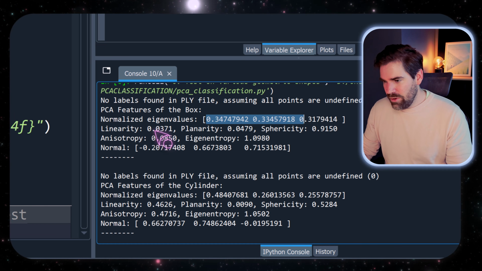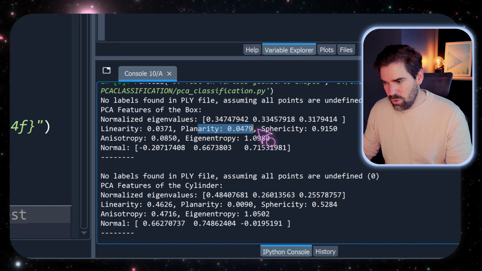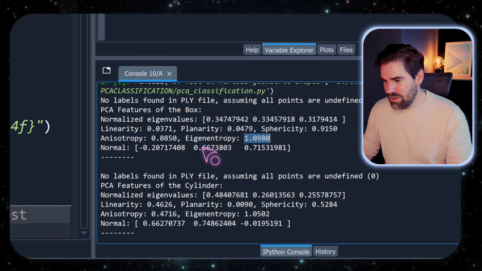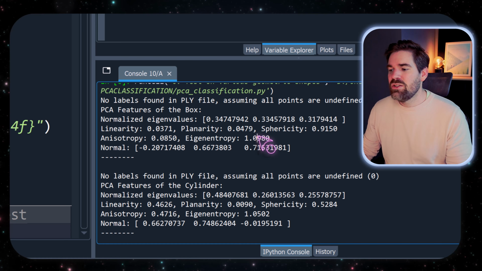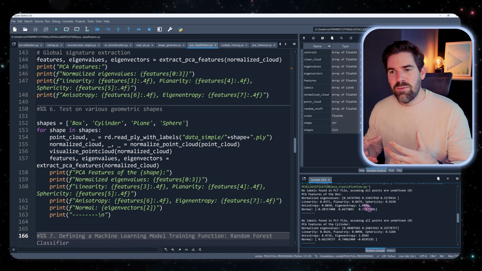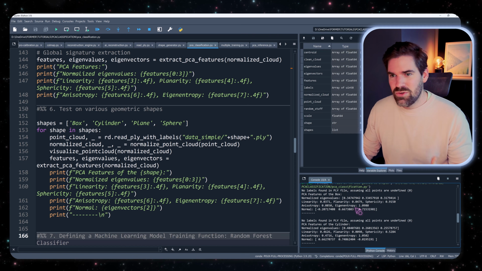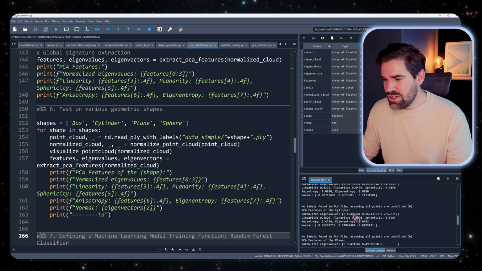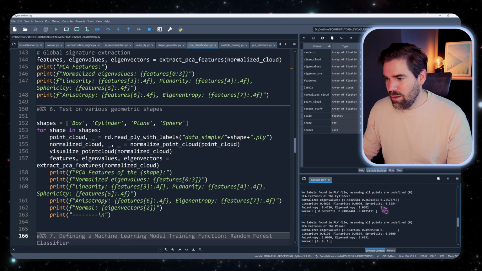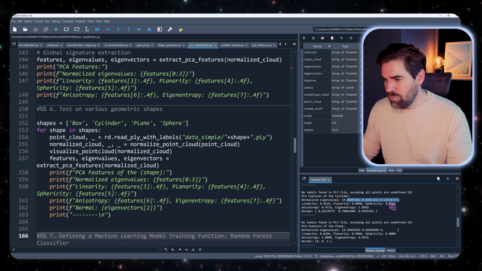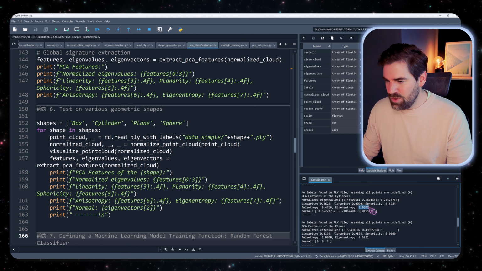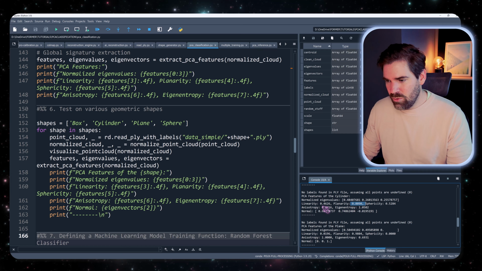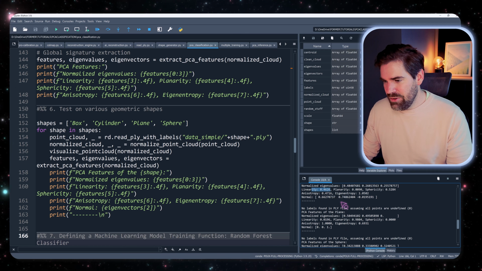0.33. We have a small linearity, small planarity, high sphericity, high eigenentropy, and we have a normal vector that makes no sense. This is normal because it's something composed of a lot of various planar shapes, and this is a bit hard to decipher. Now for the cylinder, this may be a bit more pragmatic. We have a better delineation, eigenentropy is high, and the sphericity is middle, very low planarity, linearity is okay, and